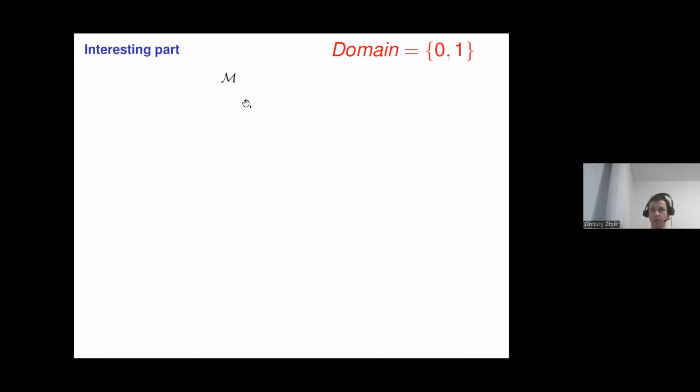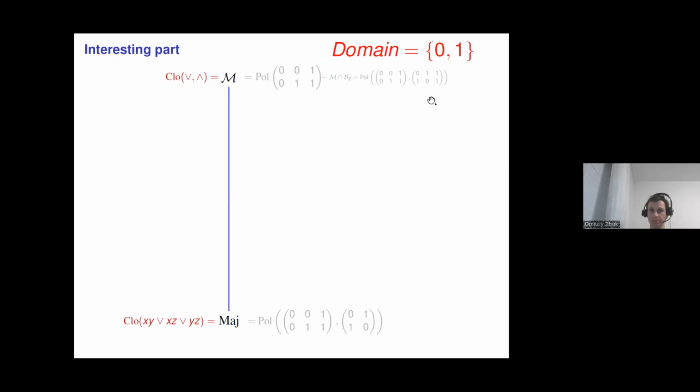If you consider the clone of monotone operations on a two-element domain, and now we are on a two-element domain in general, this is a clone generated by disjunction and conjunction. We consider only idempotent clones now. We already proved that this clone is minor equivalent to M intersection B2. And consider another clone generated by the majority operation on a two-element domain. So we have these two clones from Post's lattice, and we know that we don't have anything between them